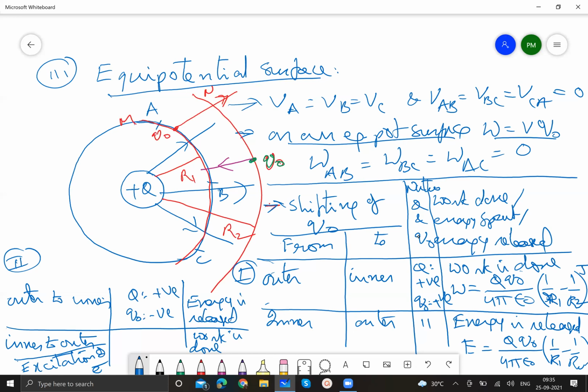Of course, equipotential surfaces will never intersect with each other, and the shapes of equipotential surfaces are to be mentioned. For a point electric charge, they are spherical. For a line charge, it is a cylindrical Gaussian surface, and for a plane sheet of charge, they are parallel. Sorry, for a uniform field, the equipotential surface is a plane. I also told you lines of force will be crossing the equipotential surface normally.